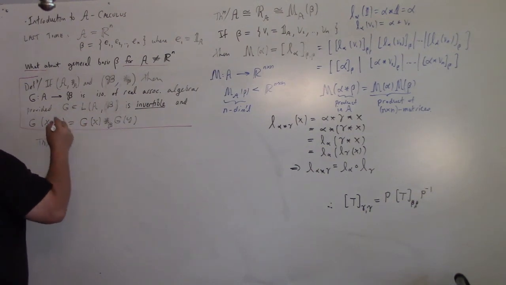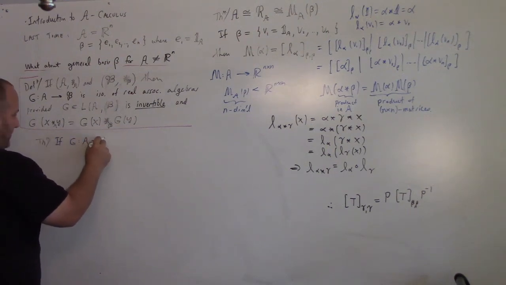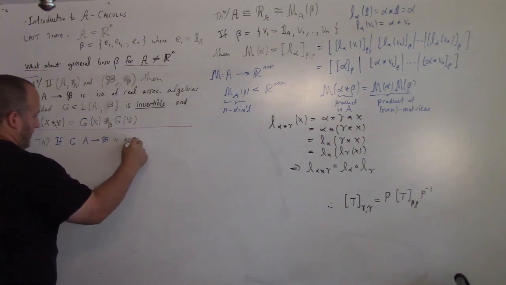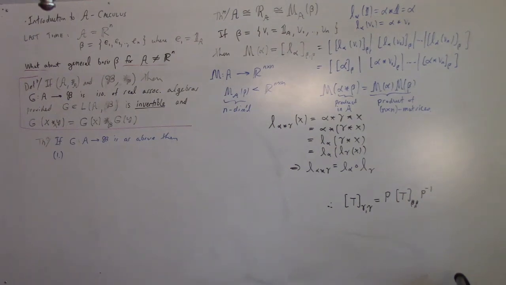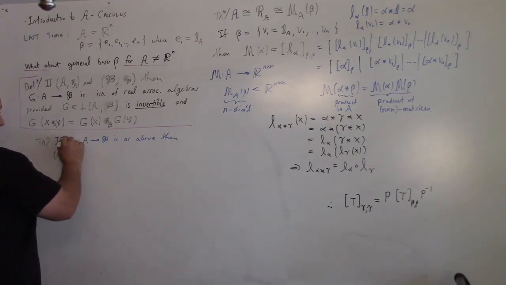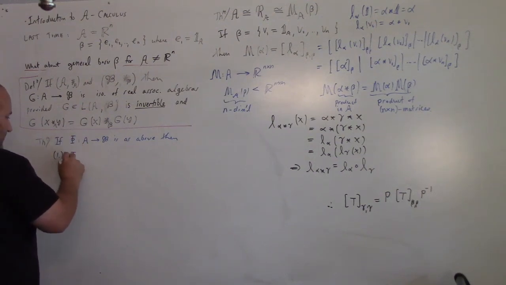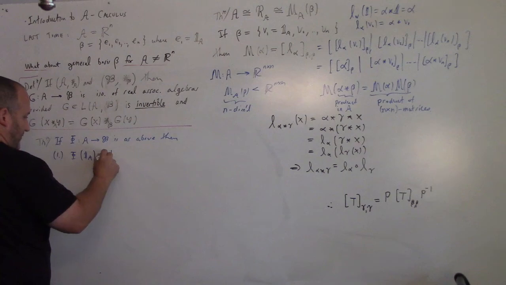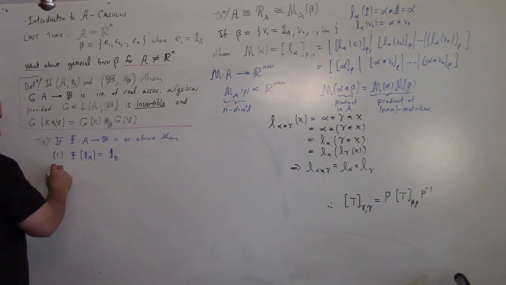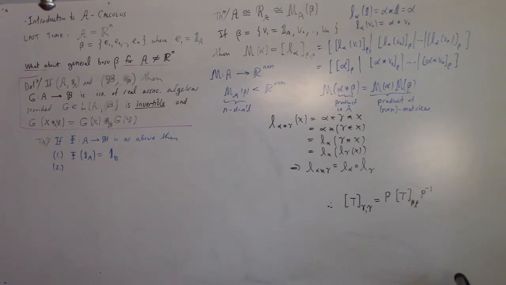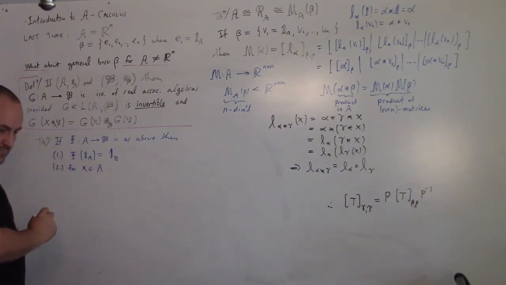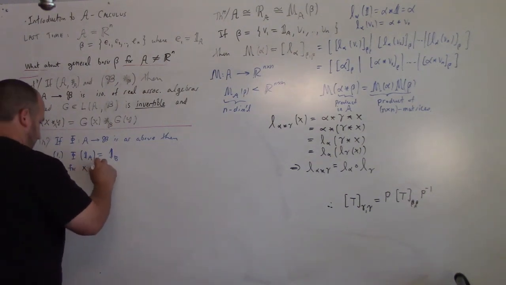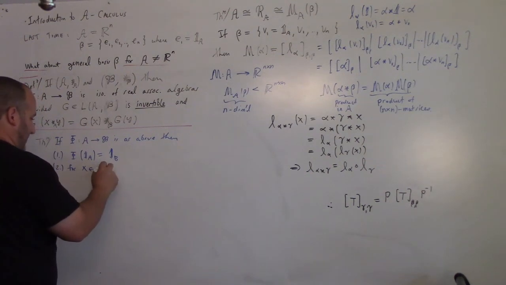If g from A to B is as above, then, one, instead of using g, I'm going to use phi, all right? Then phi of the identity in A is equal to the identity in B. So it maps the identity to the identity. Two, it maps inverses to inverses: for x an element of A upper x, I call it A upper x in these notes, so this is the set of invertible elements in A,